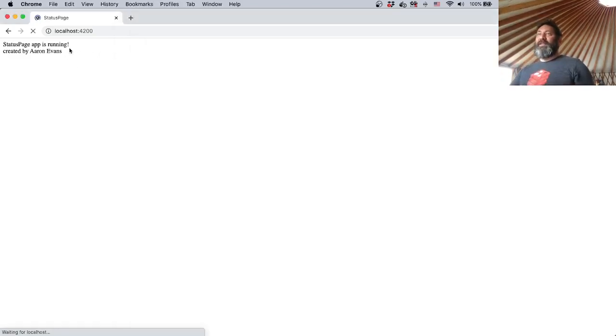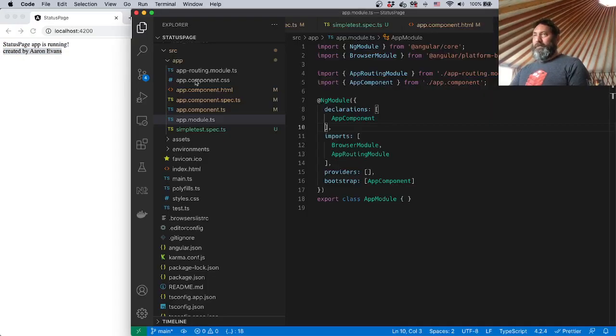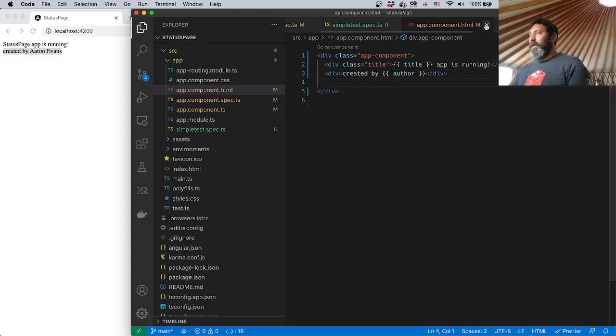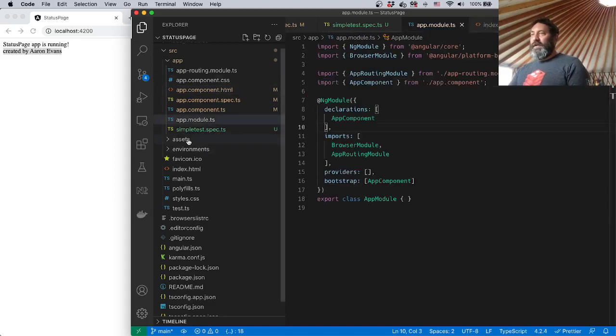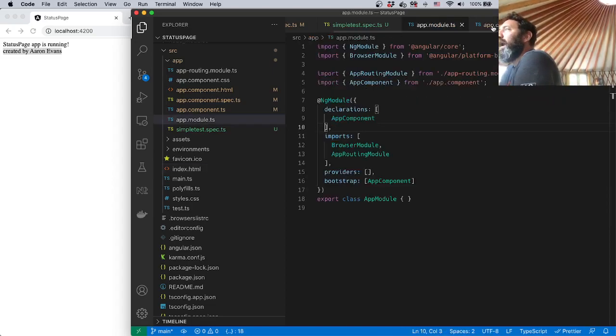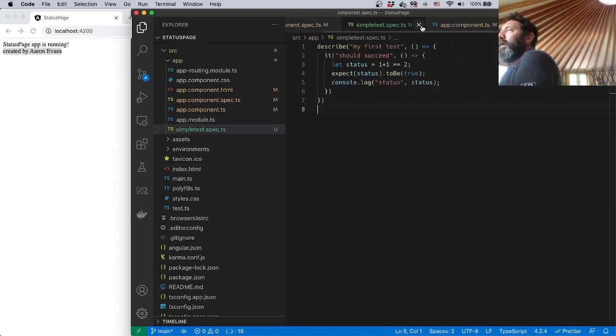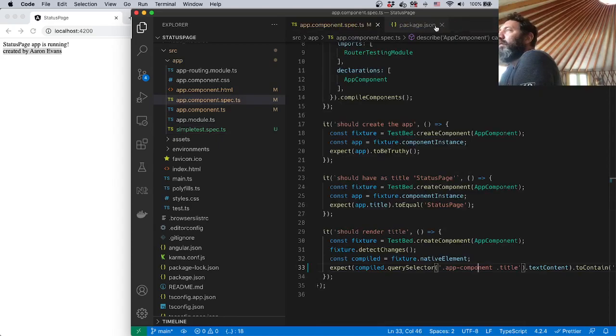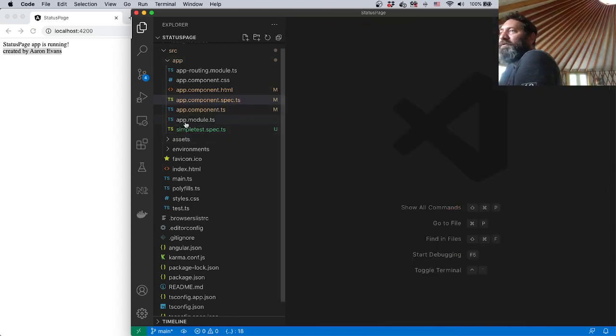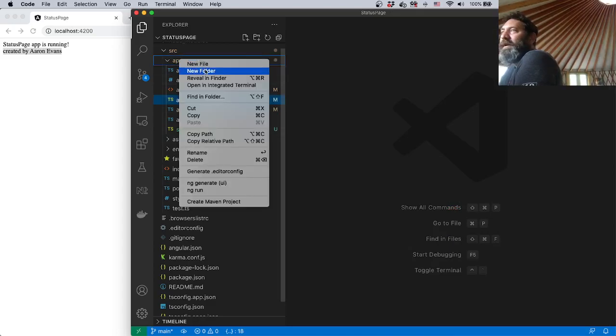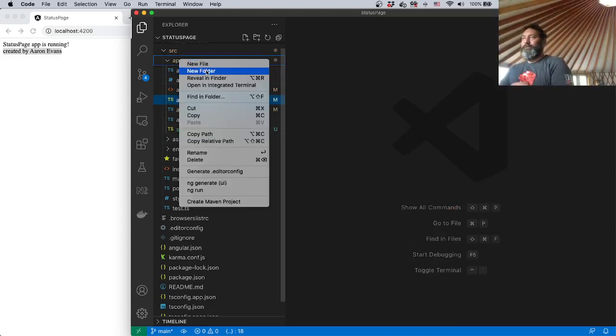Okay, I've got a status page, the app is running. It's created by Aaron Evans. All right, we're good here. So now I've successfully obliterated my toggle switch. I'm going to recreate it from scratch, and I hope I'm going to do a better job than I did with that CSS. I'm going to start by creating a new folder,